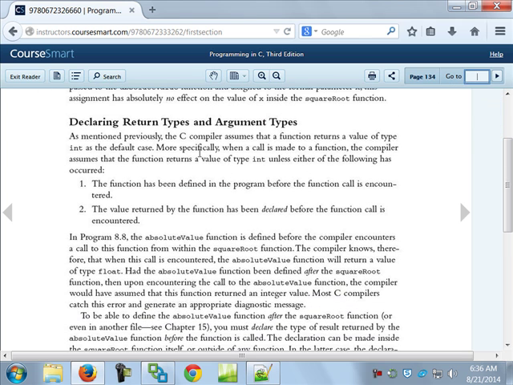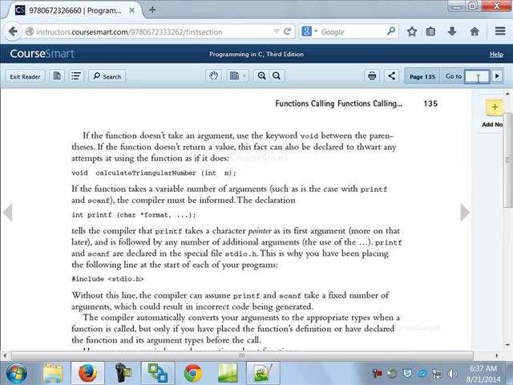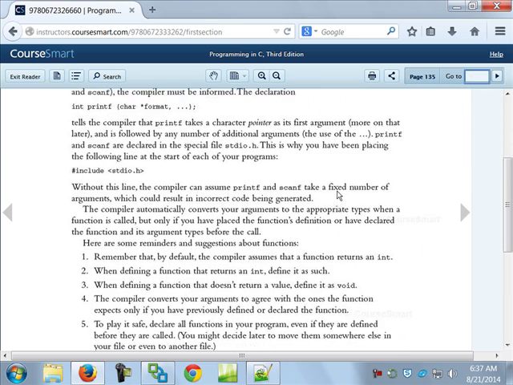All right, it says here, when a call is made to a function, the compiler assumes the function returns a value of type int unless you do one of the following. This is what we talked about before. Unless you define the function before main, or before it's called, or you prototyped it, or both. All right? So we've already kind of talked that out, so hopefully everybody has an understanding of that. If for some reason you don't, just let me know. I'm glad to work with you on it.